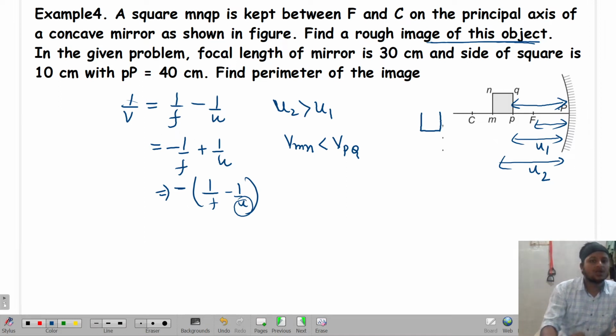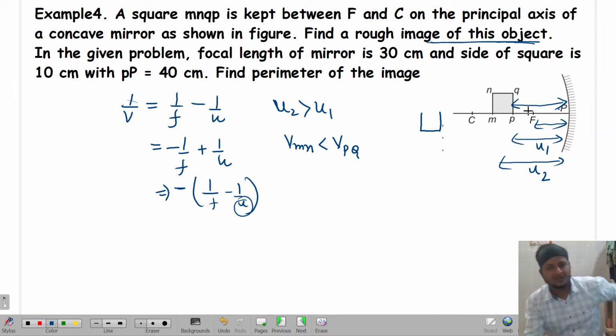Okay. Now for MN it is U2, for PQ it is U1. Now we know that U2 is greater than U1, meaning U2 is bigger than U1, so 100% we know that the image of MN will be formed nearer as compared to the image of PQ. So what is going to happen over here is